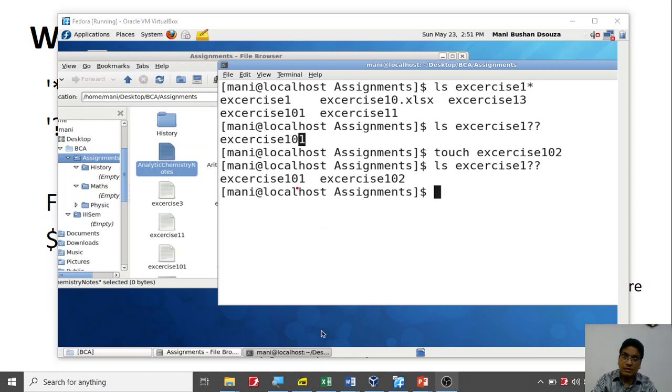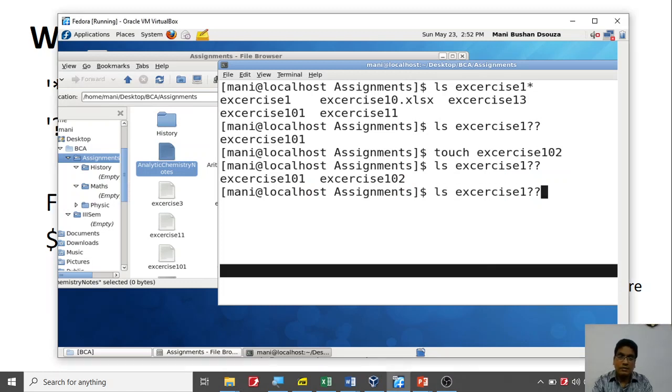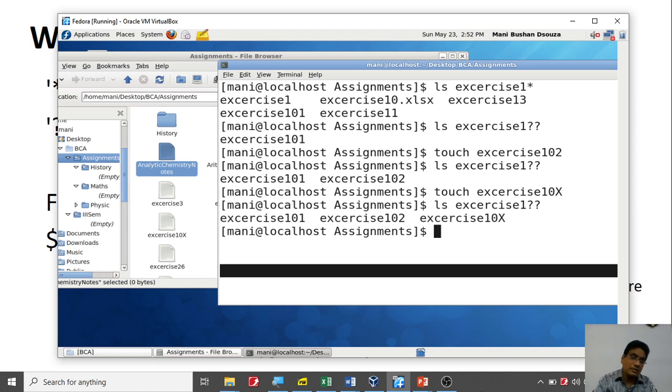Remember, up to here it is common, then any character. What if I create 10x? Will it be displayed? The answer is yes, it is displayed.